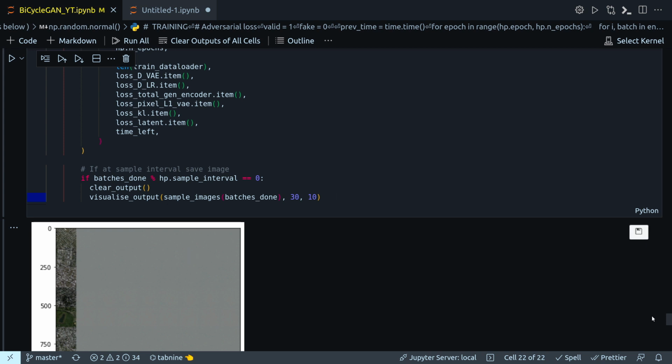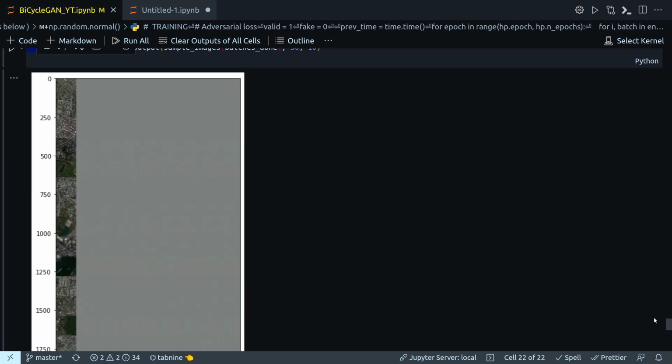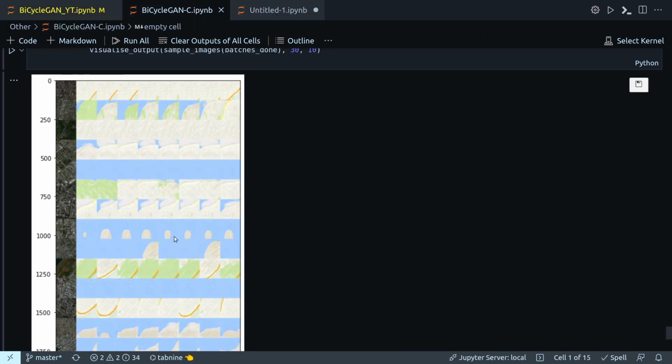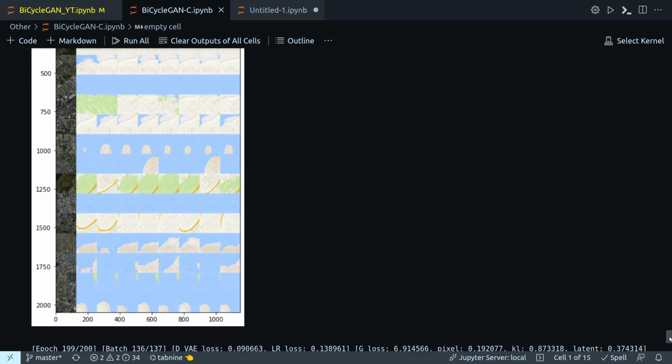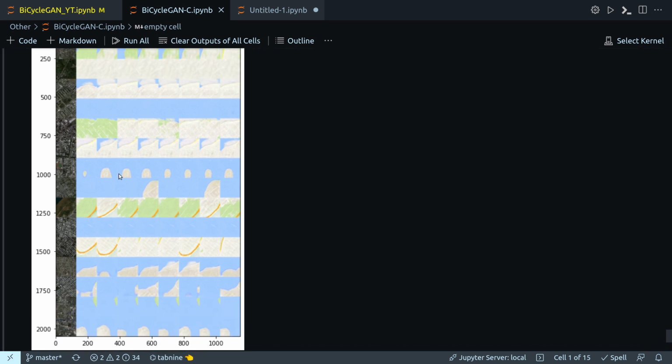So I think this plot is running after only one epoch, and after running quite a few epochs, I think 20 or so, I was beginning to get some realistic looking images from the dataset,